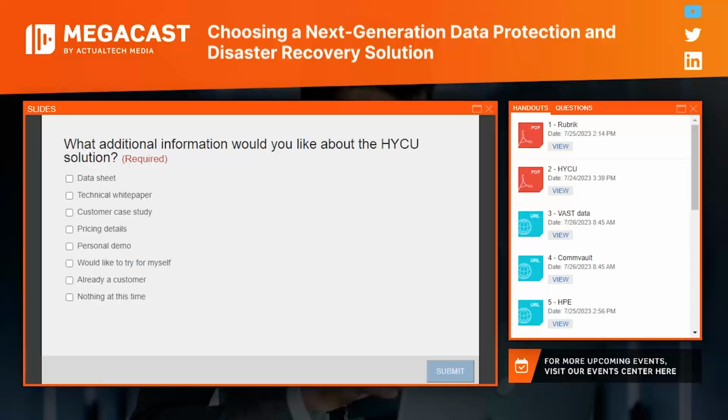One of the first questions asks: with all the different on-premises, cloud and SaaS sources that you support, how do you integrate, and what agents are needed? It's a question we get quite regularly, and this is where we are fundamentally different from any other data protection solution out there.